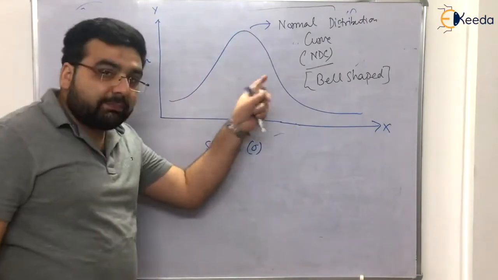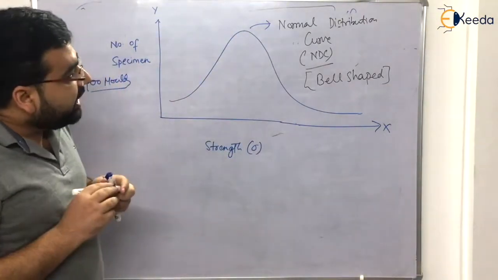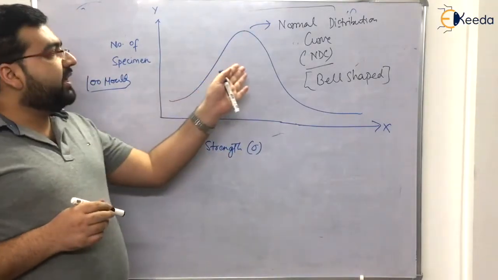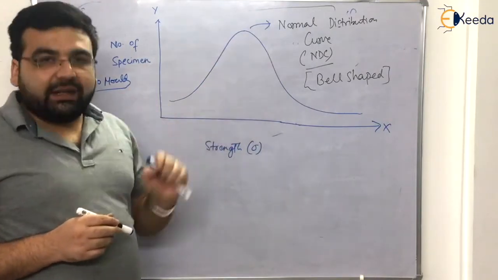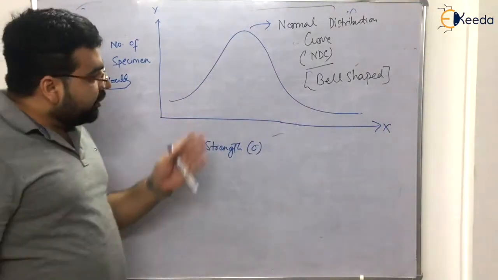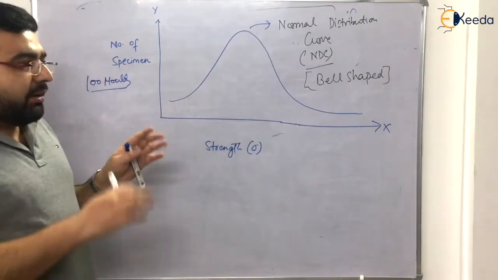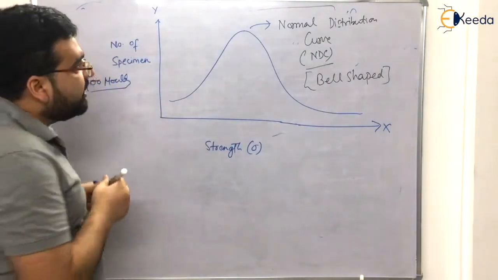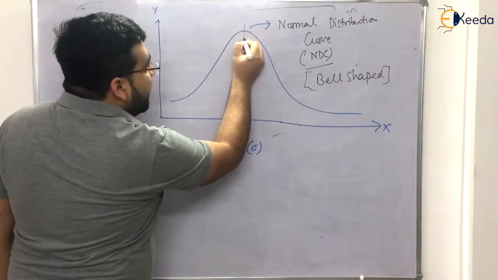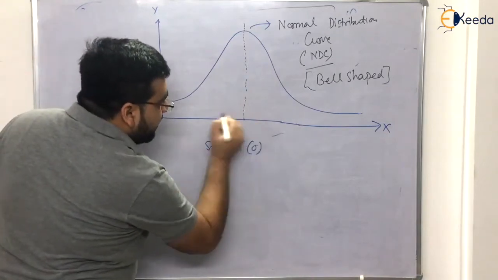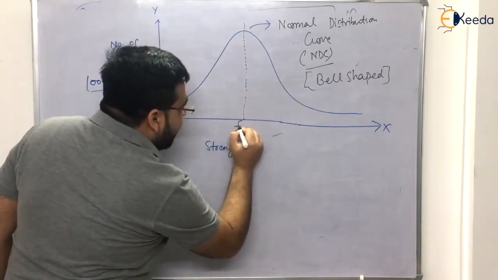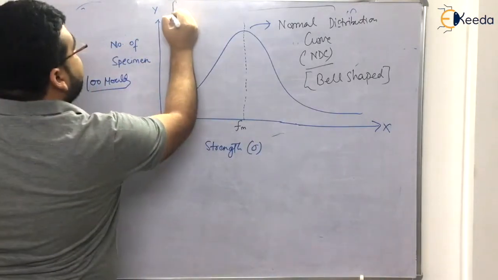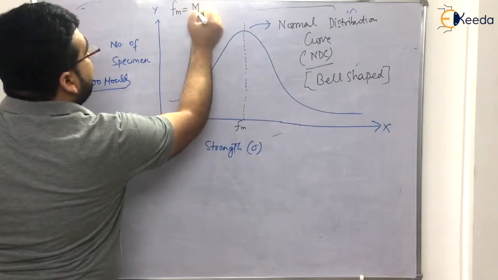So before explaining the peak, let me explain you one more thing. If you know the properties of normal distribution curve, then well and good, because it should be taught in engineering mathematics in details, right? But if you don't know the properties of normal distribution curve, just for the design of concrete purpose, I would like to tell you that this peak gives you the mean strength. Mean strength. It is denoted by Fm. I am writing here Fm is mean strength.